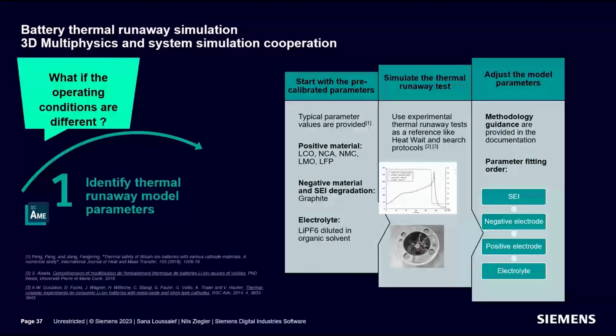Now you may raise the following question, and I think that I've seen this question in the Q&A. How to identify these physics-based model parameters? To address this specific task, first you can start with predefined parameters, which are available in SimCenter AimSim. This database includes the popular chemistries listed here in this slide. Of course, this database has been validated, and I put here at the bottom the references. Second, you can leverage the measurement data by testing the cell of interest, then use these data as a reference to adjust the model parameters. Finally, this solution offers a methodology guidance to fit the model parameters.